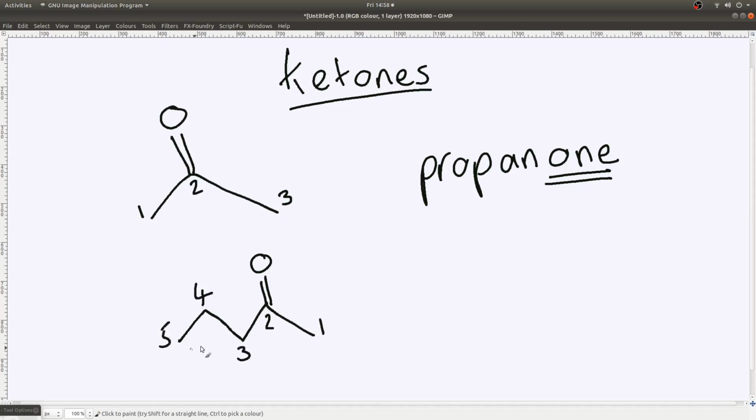Well, it's a 5 carbon chain, and therefore it's going to be pent, indicating 5 carbons, and we've got a ketone group. Now, 2 possibilities here. If we've got 5 carbons and a ketone, it could be a ketone with the double bond to oxygen on the second carbon. It could also be on the third carbon. So we're going to call this one pentan-2-one,